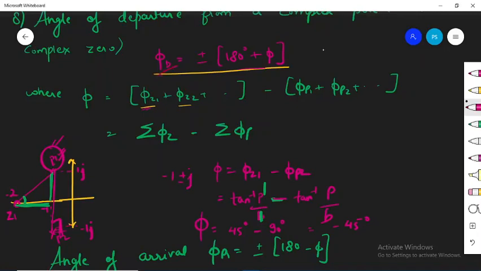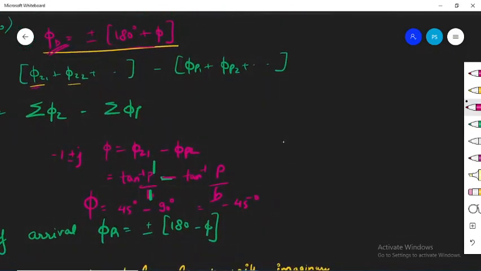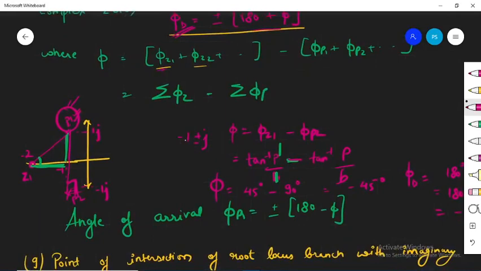Angle of departure is phi d. So phi d will be calculated like phi d will be equal to 180 degree plus phi. So 180 degree plus minus 45, or this will be equal to minus 135 degree. Okay, so minus 135 degree, that means